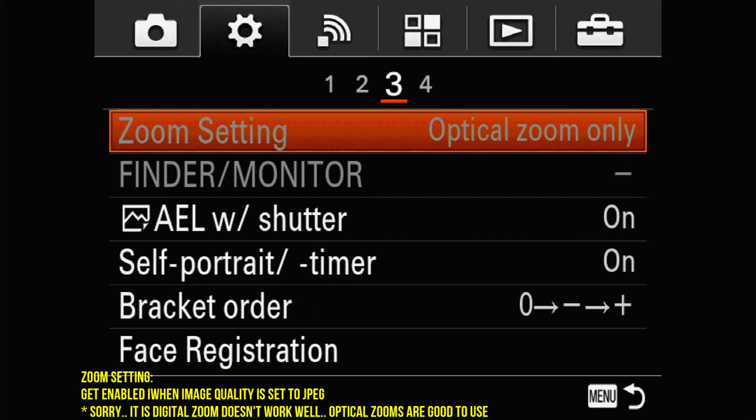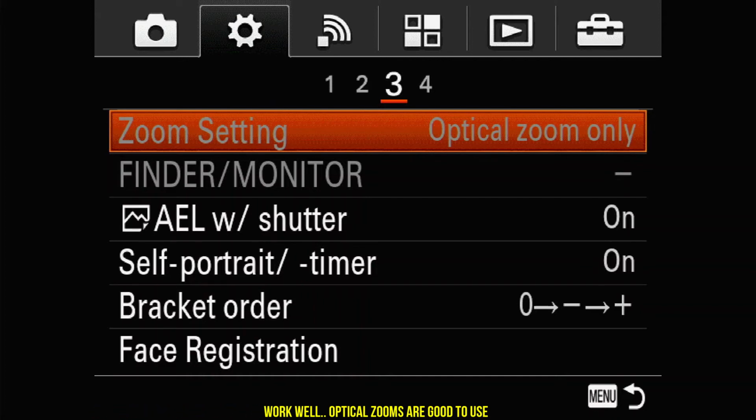And even if it is enabled, it is of no use, because when we start using the zoom, we are basically not going to get sharp enough pictures if it is excessively zoomed. But if you know about these settings, please comment in the comment box.